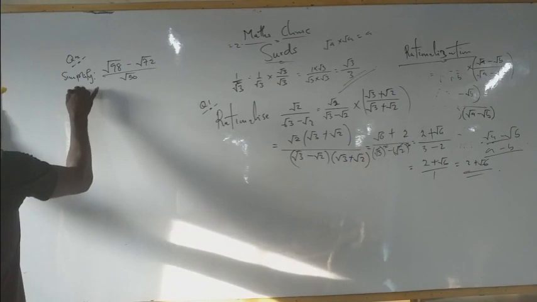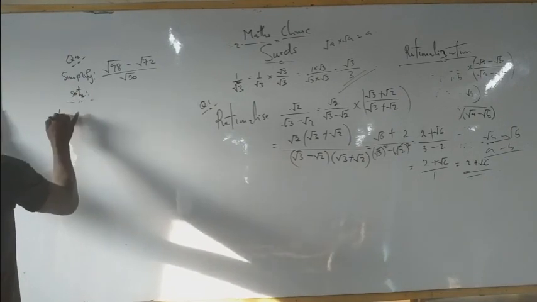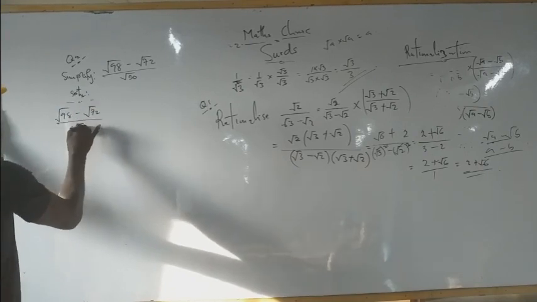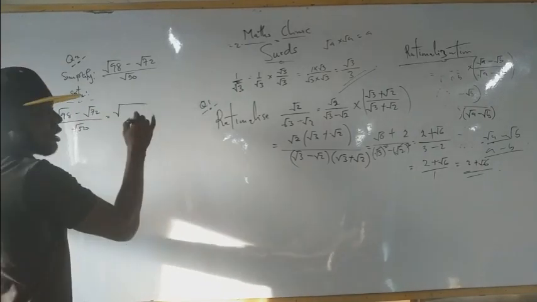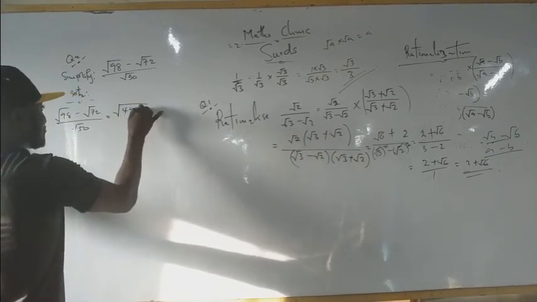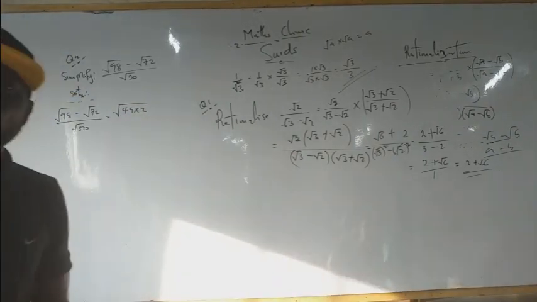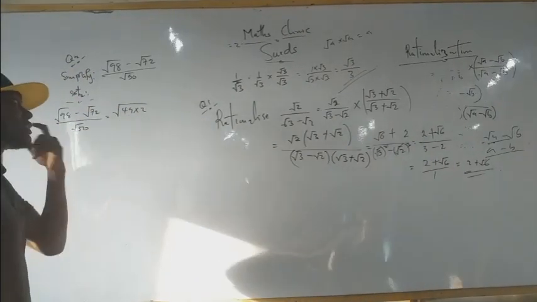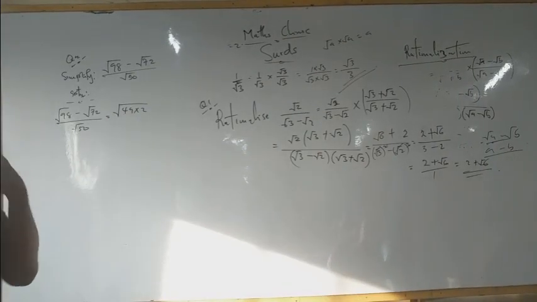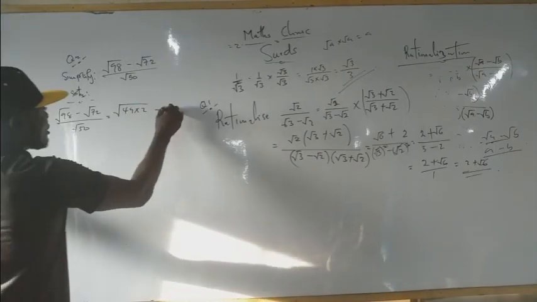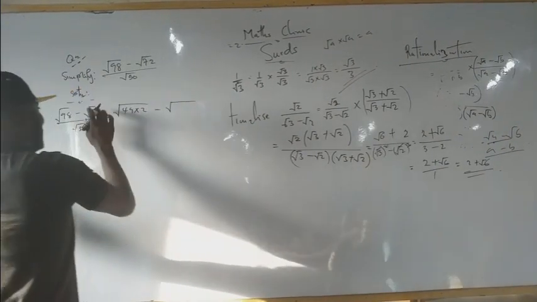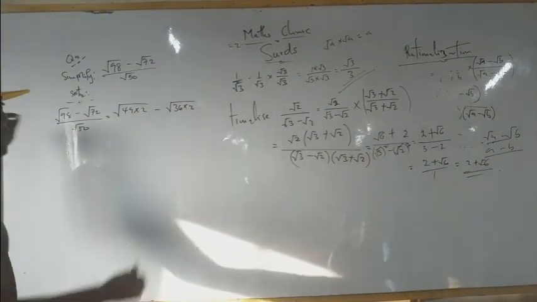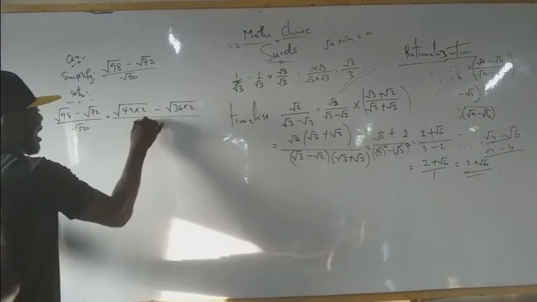So we can say, solution: root 98 minus root 72 upon root 50 equals root of... we need 2 numbers. That will be 49 times 2. Out of the 2 numbers, there must be a perfect square. 49 is a perfect square, and the square root of 49 is 7. Minus root 72. 72 is 36 times 2. 36 is a perfect number. Everything upon